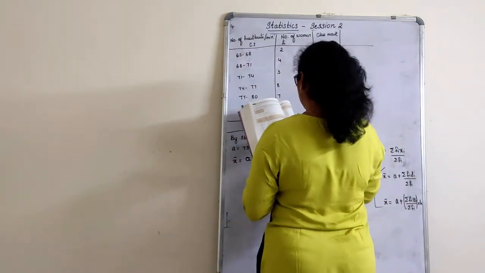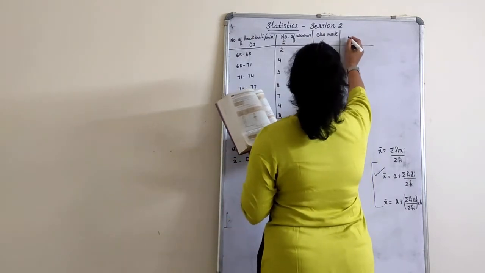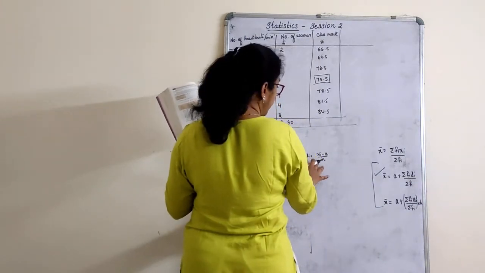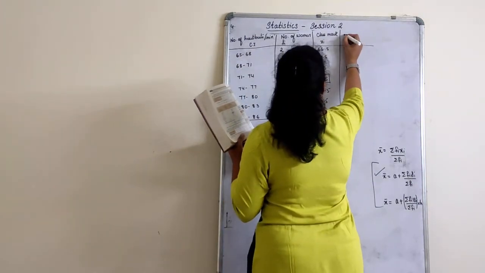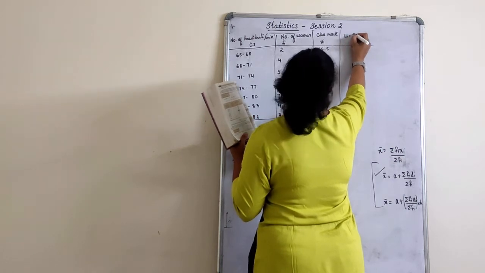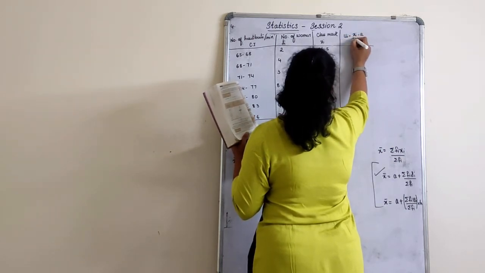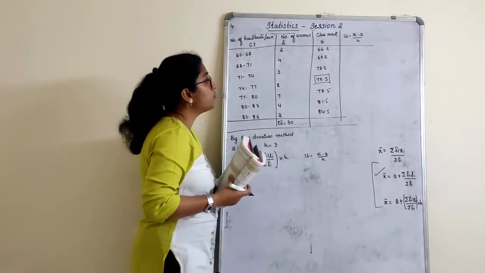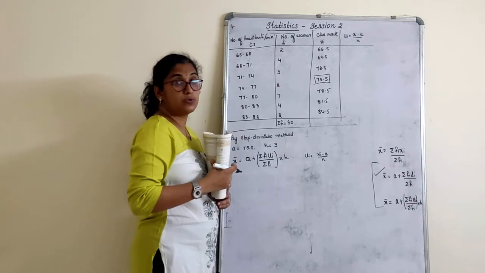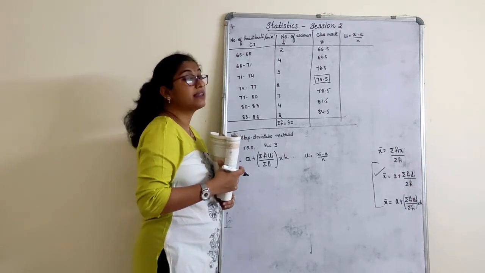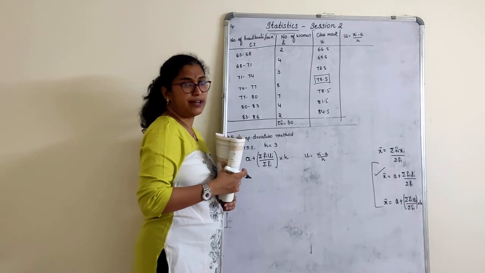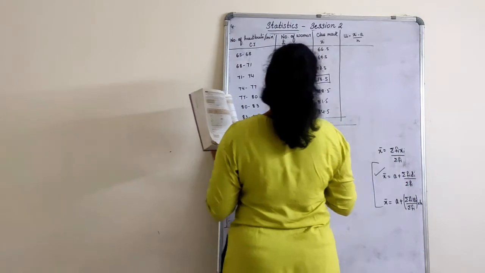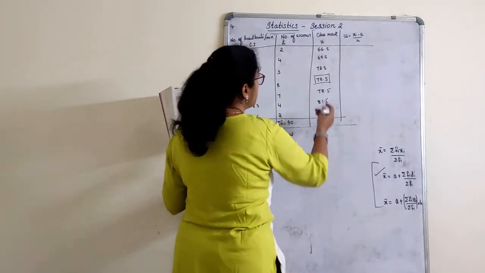So, first what you have to calculate? Ui you have to calculate. Directly, Ui we can say Ui is equal to Xi minus A divided by H. See, one thing what you can do is in one step you can just say Xi minus A. In the next step, that is answer divided by H you can write. It's up to you children. I'll finish off in one go only. Let us not do it again and again. Little bit calculation wise it will be more.